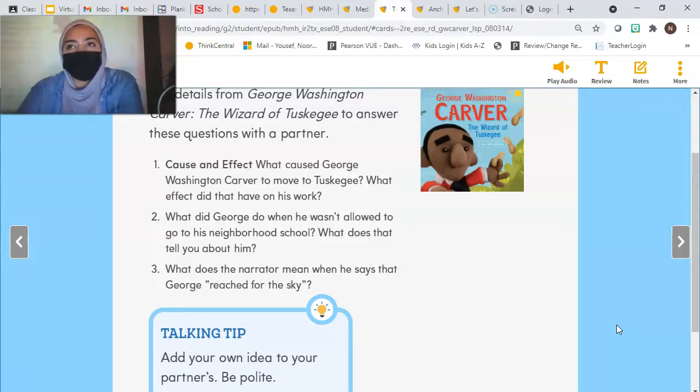Why does he move there, Amariah? Good, because he wanted to work with the poor. He began studying peanuts and found over 300 uses for them. What did George